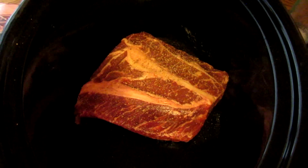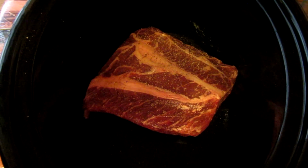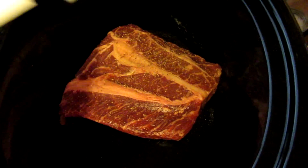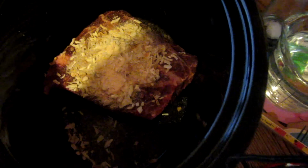I am making French dip sandwiches for dinner tonight, so I'm doing the roast in the crock pot. I have a 2-pound roast that I lightly salted and peppered. Now I'm going to add a packet of onion soup mix, a little bit of garlic powder, that's probably about half a teaspoon there, and then about 4 cups of beef broth, a couple good shakes of Worcester sauce, and